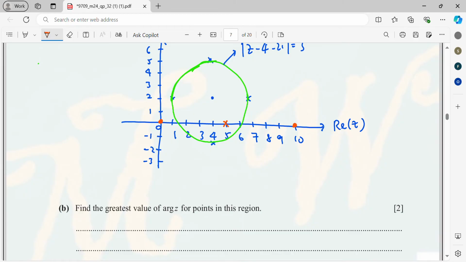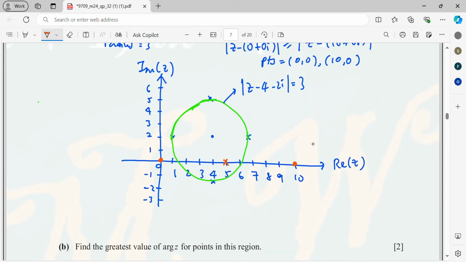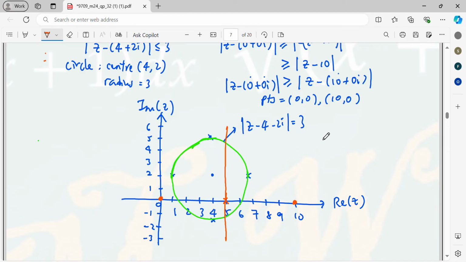Since this is perpendicular, it should be a straight line, which is a vertical line parallel to the imaginary axis. Now from here, look at this inequality. This means the distance from the general point to the origin is greater than or equal to the distance from the general point to 10. So now you have two choices. Either you choose here,